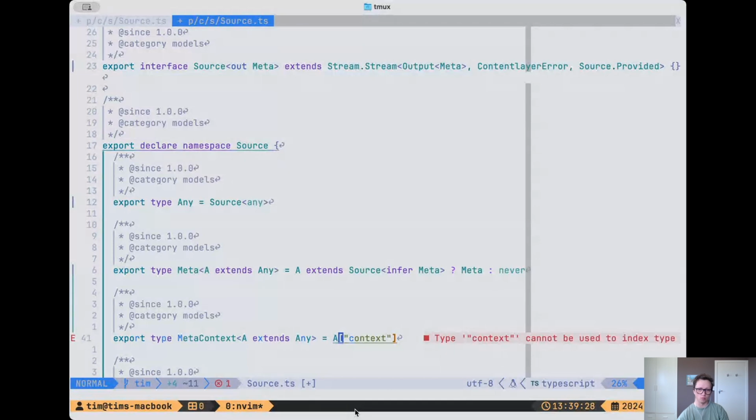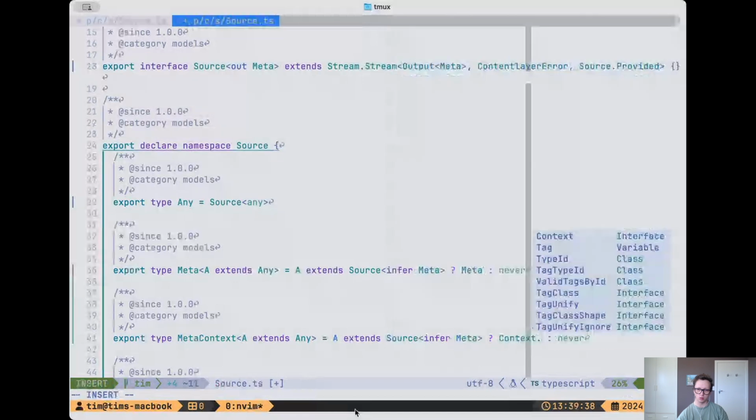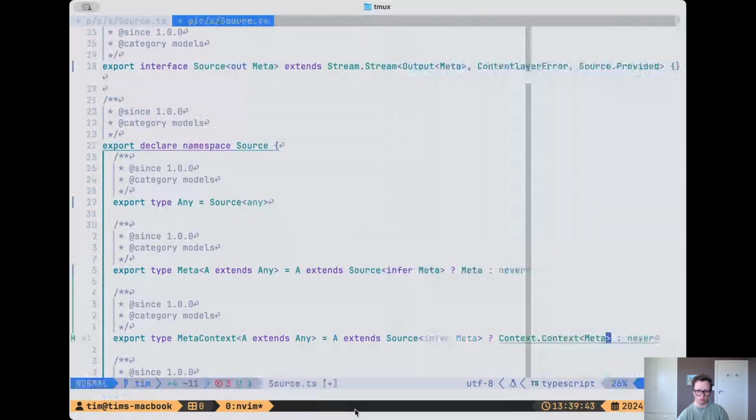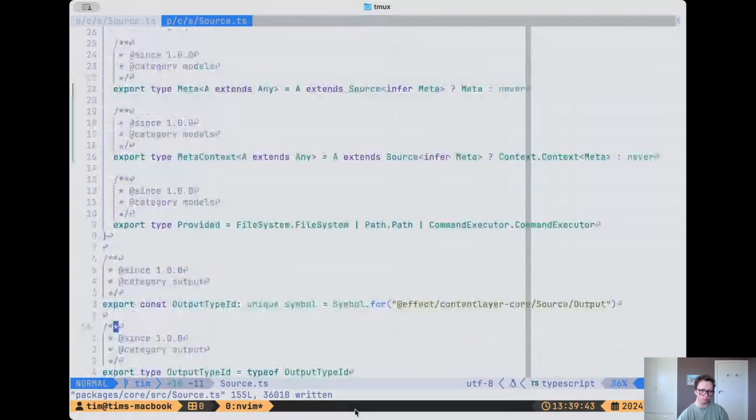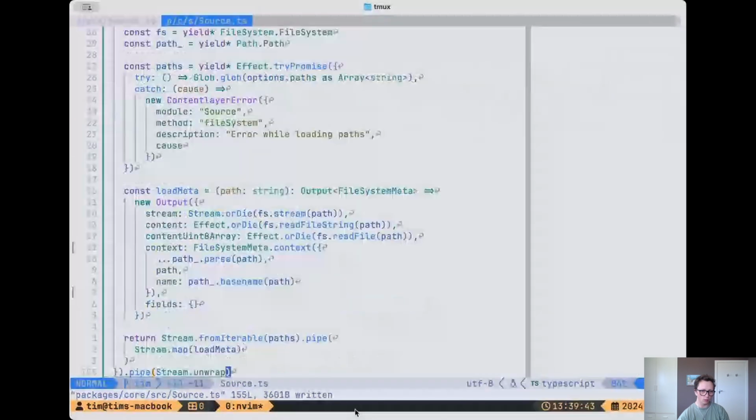And then it'll just use a similar pattern. Context, meta. Okay,